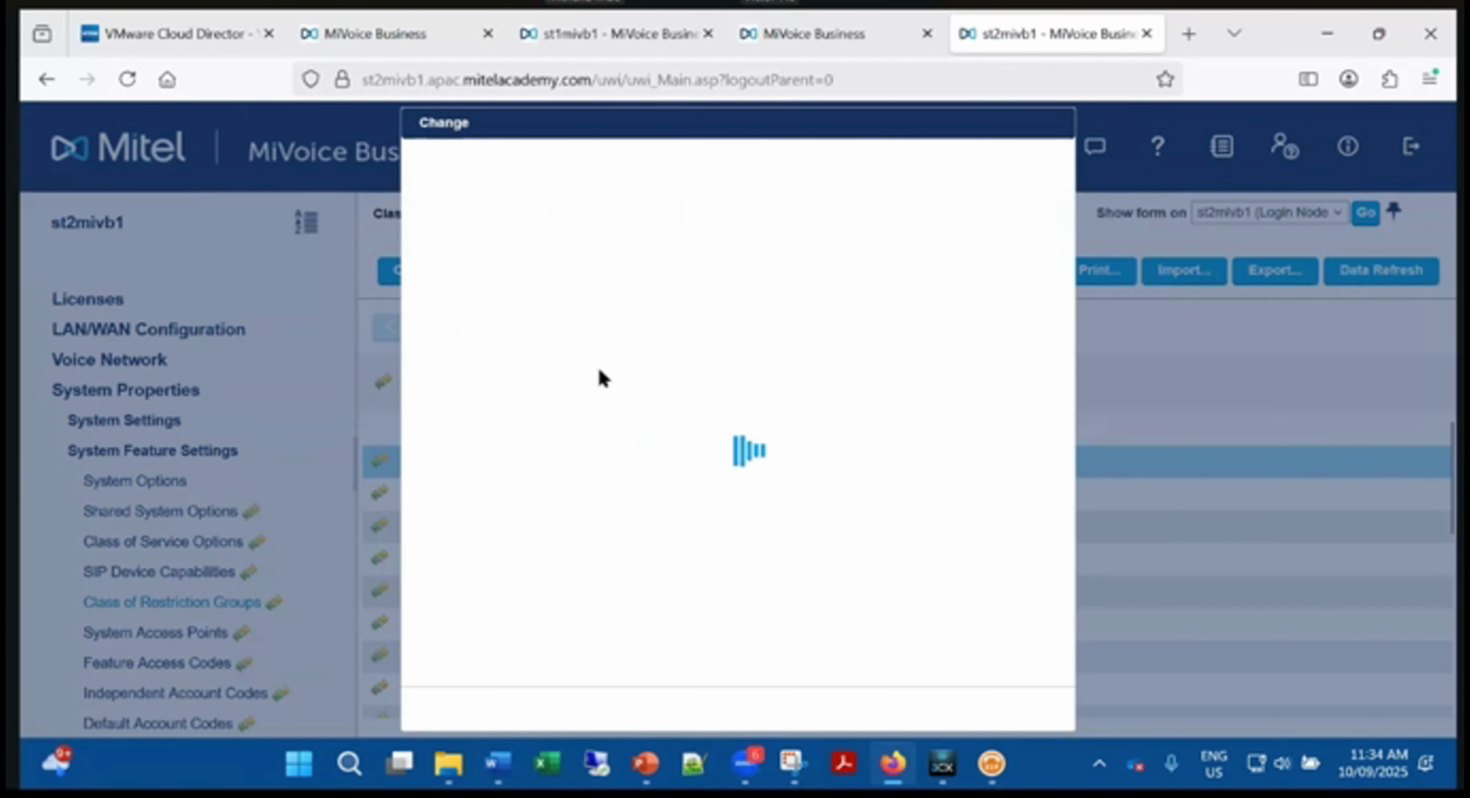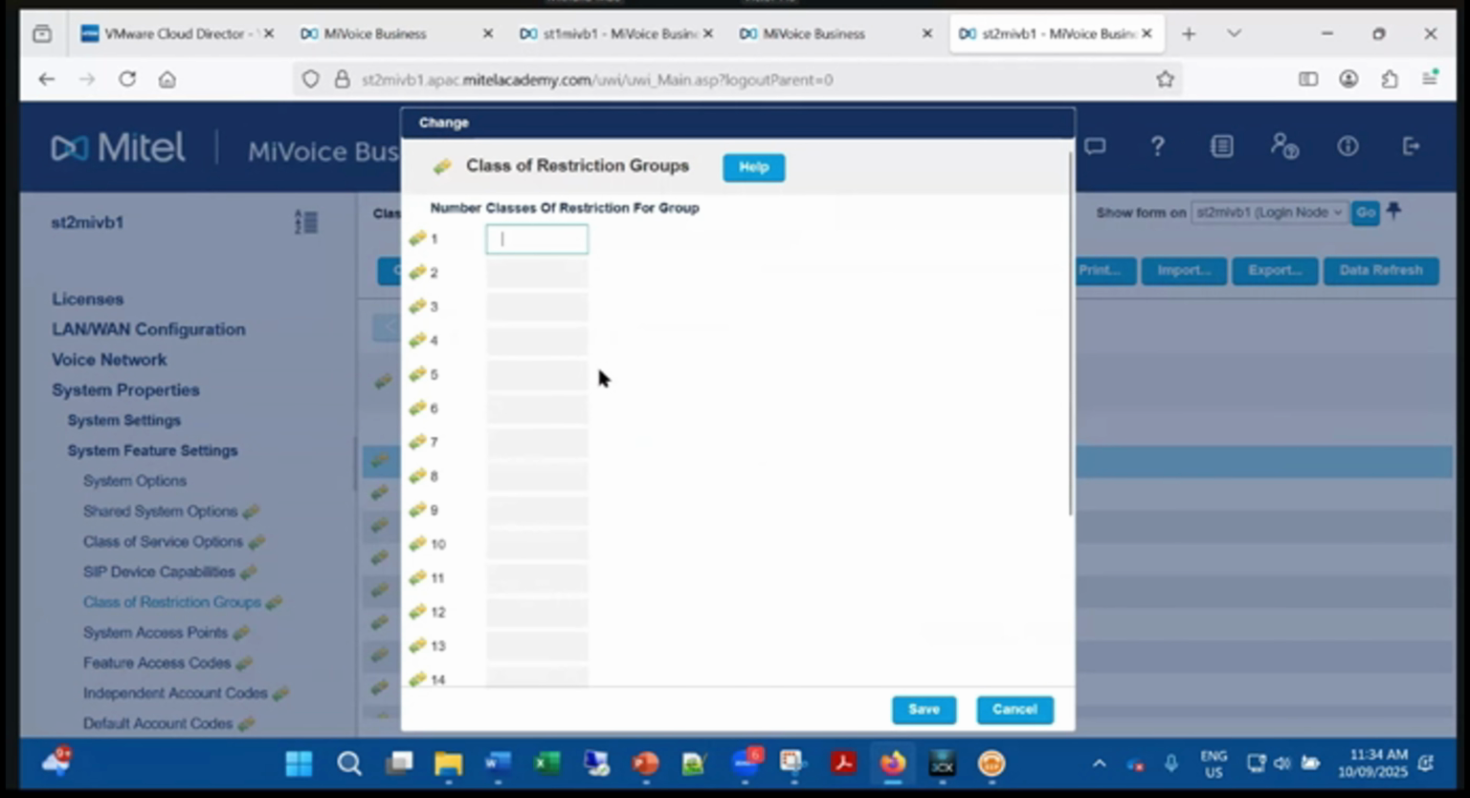I can do a change page. Core group 1, I have allows in every single column. So I'll put nothing in here. Core group 2, I have a deny under core 3. So I'll put 3. Core group 3, I have a deny under 1. So I'll put